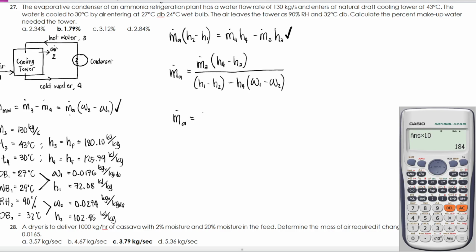So kung isosolve natin si mass flow rate ni air using our calculator, substitute lang: ang mass 3 is yung given na 130 times H4, 125.79 minus 180.10, over H1, 72.08, minus H2, 102.45, minus H4, 125.79, times humidity ratio 1, 0.0176 minus 0.0274. Ayun. So, mass flow rate ng air 242.31